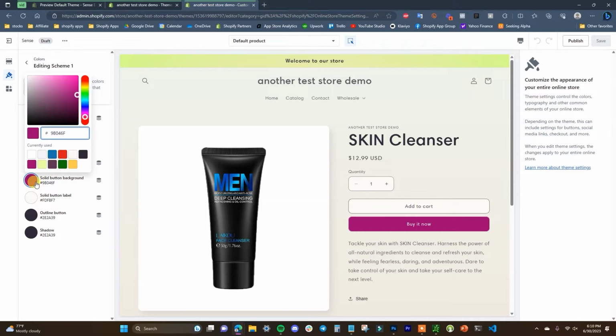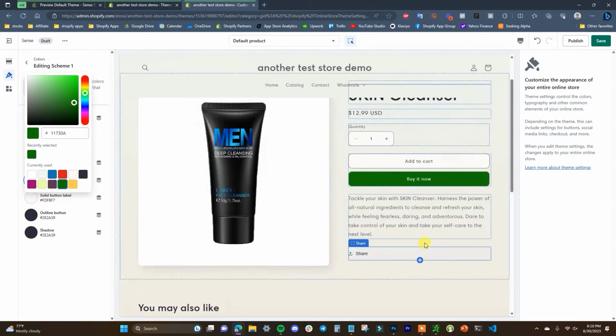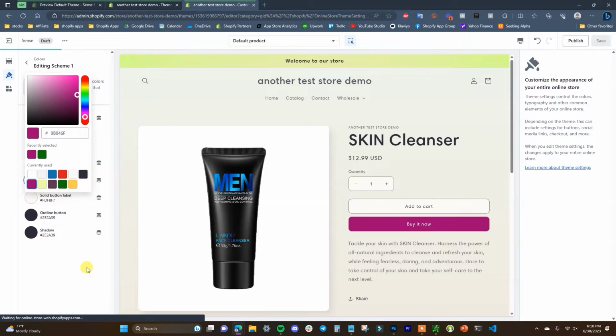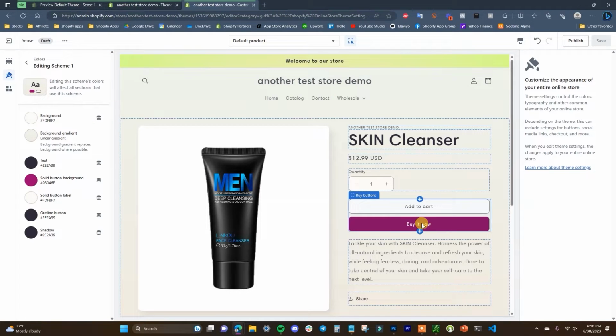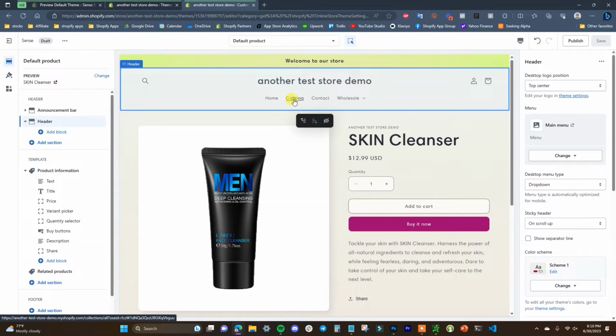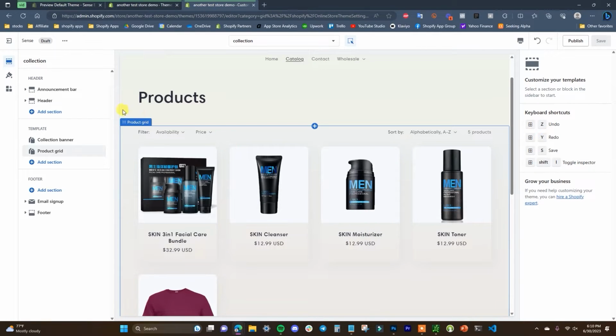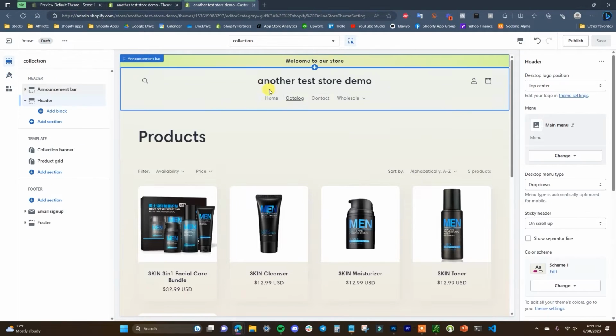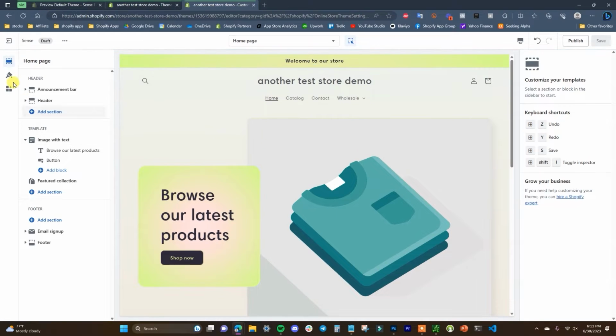So we can test this out really quick. If I were to just change this to this green, we can see that it changes it right there. So we can see that that's what's being used there. I'll change it back because that doesn't look really good. So as we look through the store, the primary two schemes being used are Scheme 1 and Scheme 2. And if I were to go to the catalog page right here, we'll be able to see which scheme these product cards are using a little bit later. So now I'm going to jump back to the home page and we're going to actually get into editing these